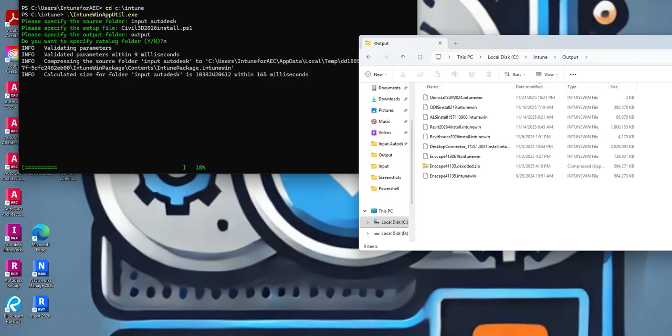I will say the time it takes to package very much depends on the content and the speed and memory of your computer. So if you're working on a slower, older computer, it could take time. If you have one with a lot of memory, it could take less time. It just really depends on what it is. Like our Revit ones are pretty large, so they can be a bear. But